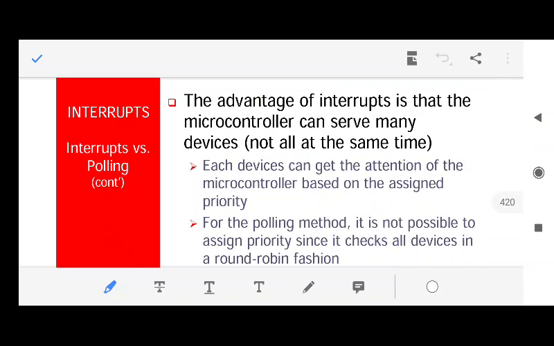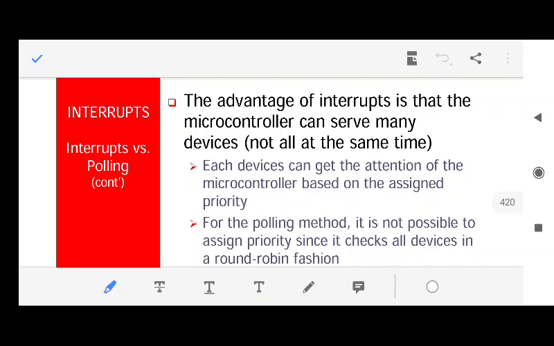Now, what is the advantage of interrupt and the disadvantage of polling? The advantage of interrupt is that the microcontroller can do its own work while other devices are not ready to send the signal. Fine. For example, in your simple computer system, you keep on playing a game on the mobile until you get a call from your friend. Fine. So you keep on playing the game. It's not like your mobile keeps on checking whether there is a call from your friend or not, and till that time it is not doing anything.